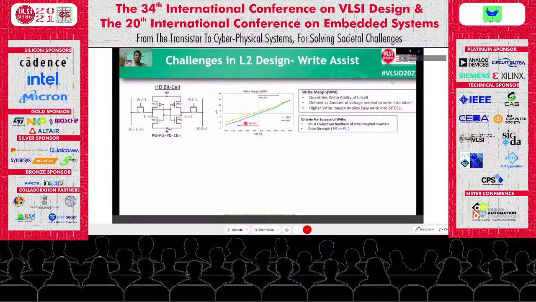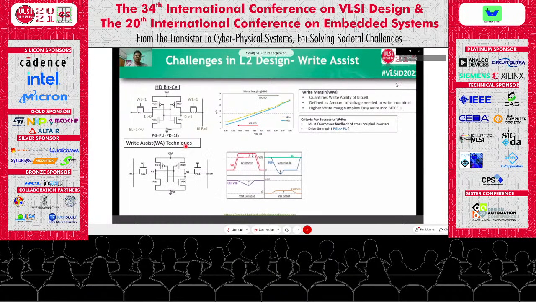for the yield improvement. So there are different write assist techniques: word line boost, VDD collapse, VSS boost, and the negative bit line. All four of them either increase the pass gate strength and the pull or reduce